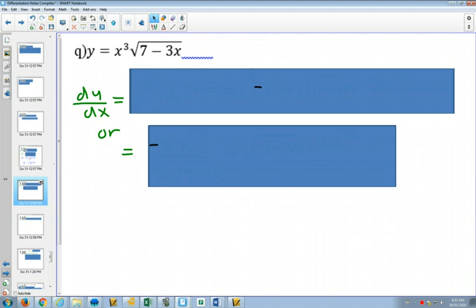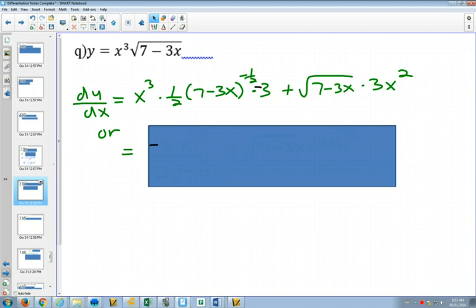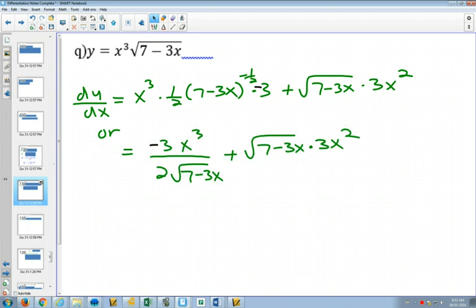So here we have two functions. Change the square root with brackets to the power of a half. Keep the first one the same. Derivative of the second one. It has a chain rule in it. Then keep the second one the same. Derivative of the first one. And if you simplify that,